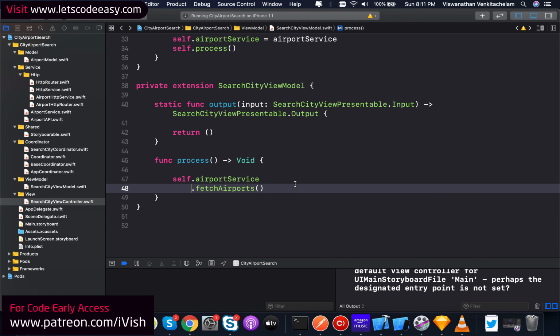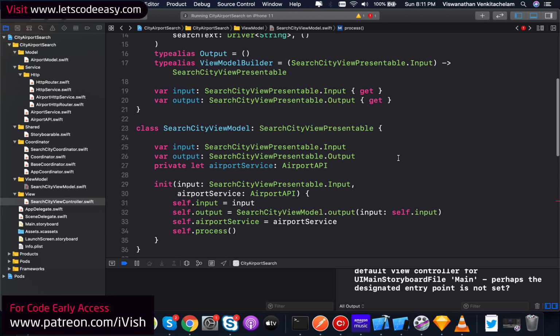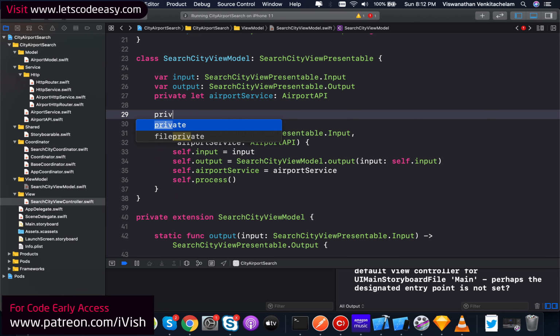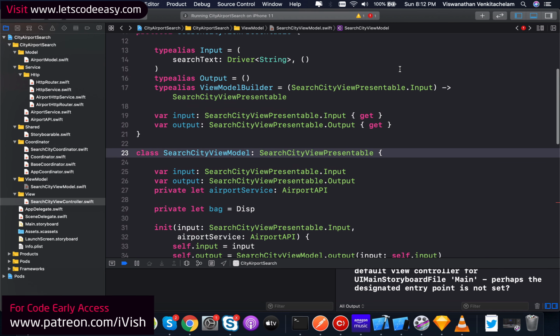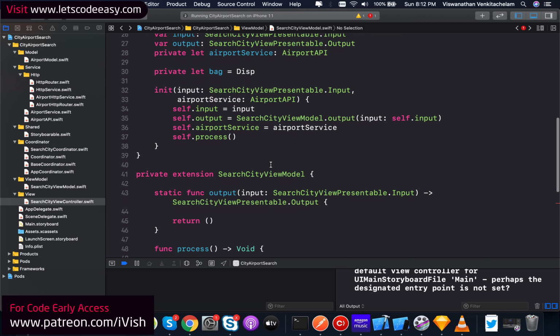So this being a function which returns a single, for it to execute we need to subscribe to it. So for that, let's subscribe, and we need to dispose it once this gets de-initted. So when search view model gets de-initted, we need to dispose it. So dispose bag. We don't have an import of RxSwift. Import RxSwift. That's done. Go back,